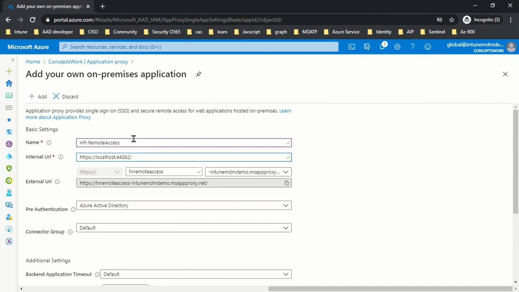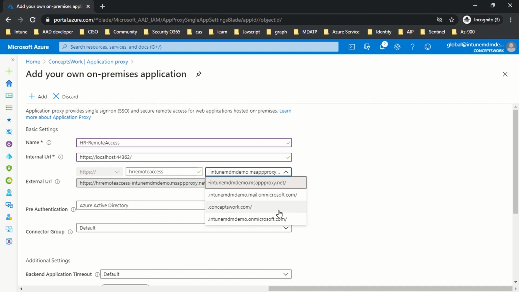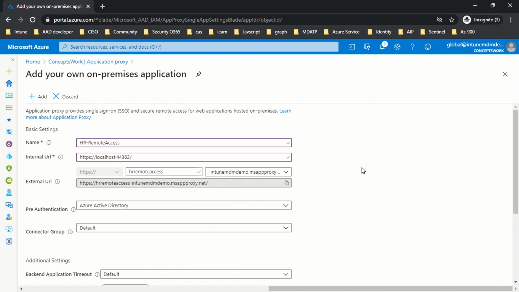Okay, now depending upon the name that you choose, there will be an external link that will be suggested, but that doesn't mean that you have to use this. You can change this value as well as you can add your own verified custom domain as well. But the fact is that in this particular case, you have to create a DNS record that should point the actual request to this particular link, which will get generated by default. So I'm going to leave it blank and I'll list down the methods how you can do this in the